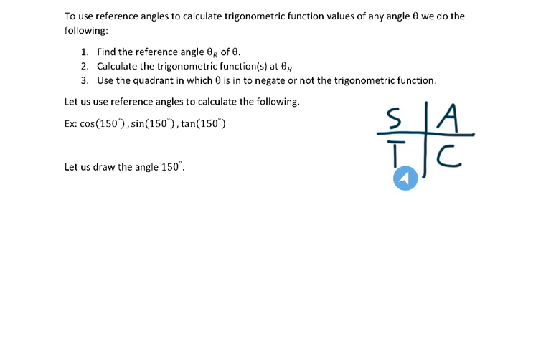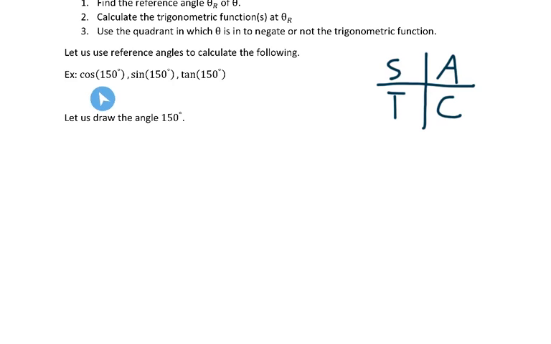We have T here, which is tangent. That means this is quadrant 3, and that means that the tangent trig function is positive and the others are negative. This is quadrant 2. I think I skipped it by mistake. The S means that sine is positive and nothing else. C stands for cosine, so only the cosine is positive. And the A, as I said before, means that they're all positive. But anyway, let's